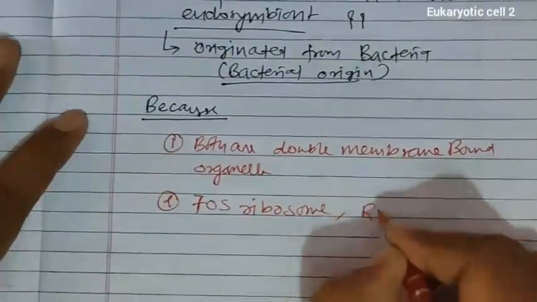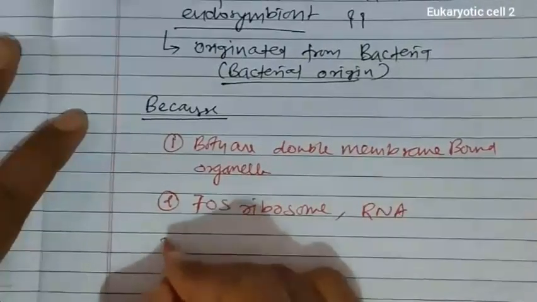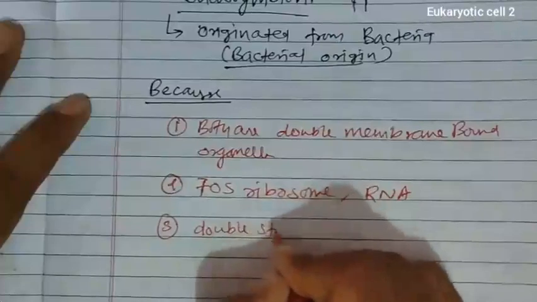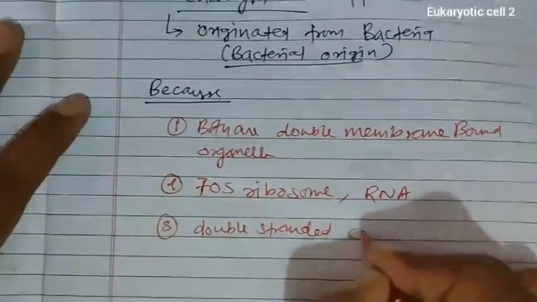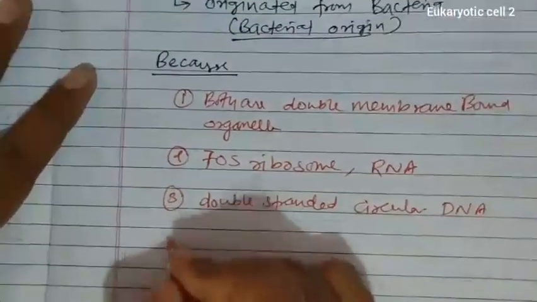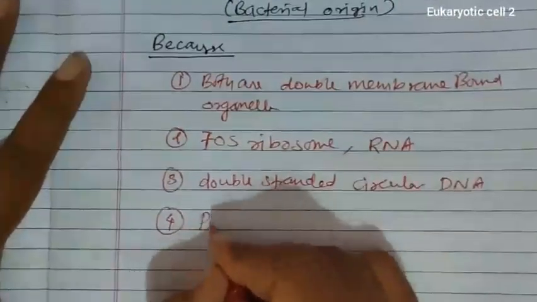They have their separate RNAs. Third, both have double stranded circular DNA. Fourth, presence of